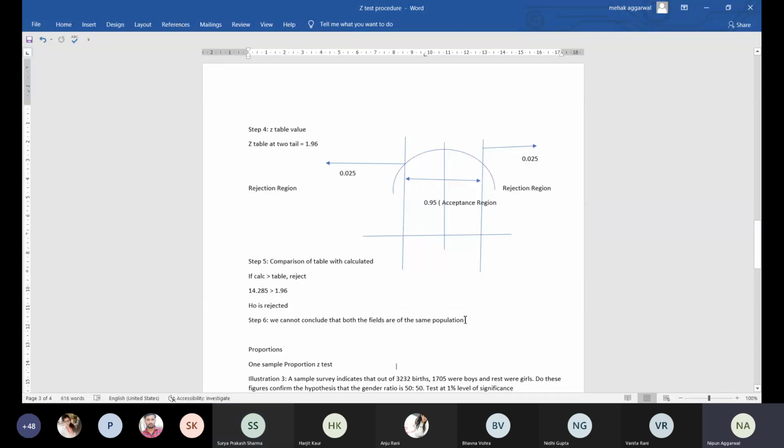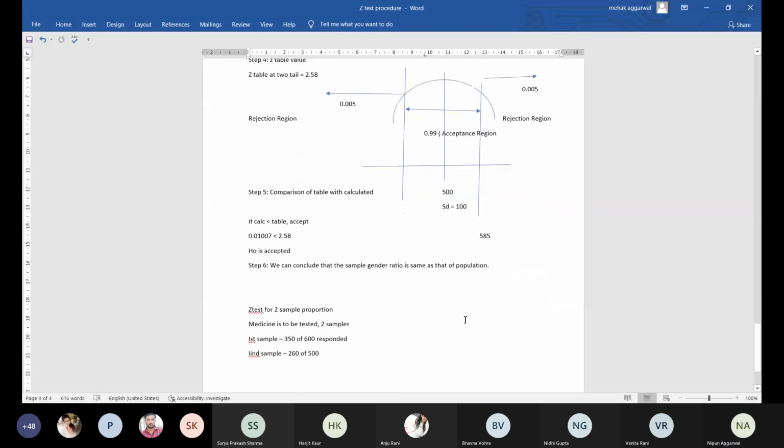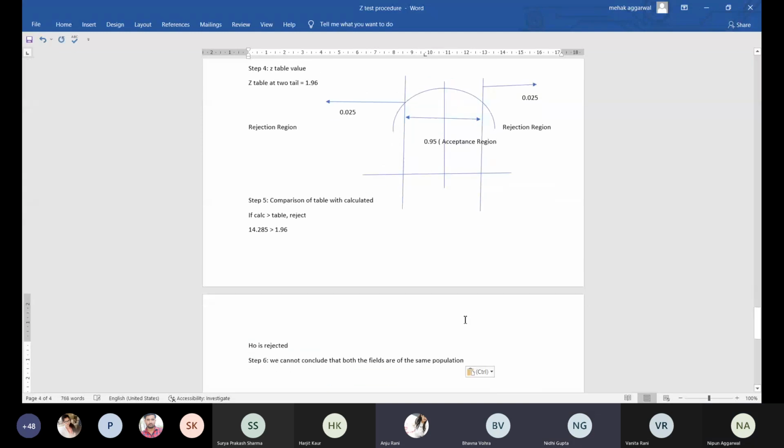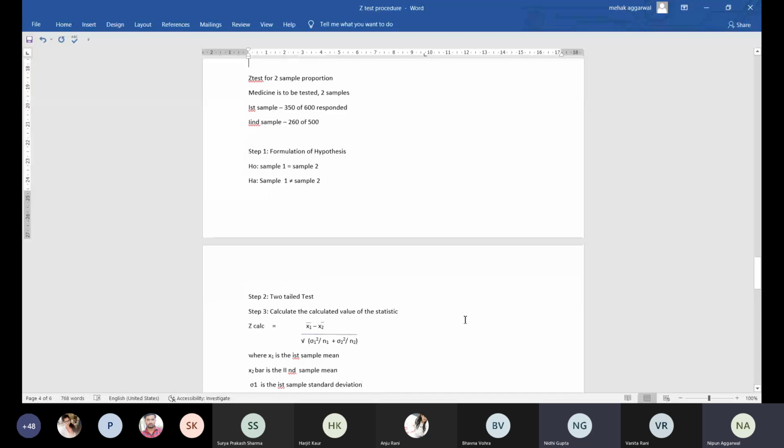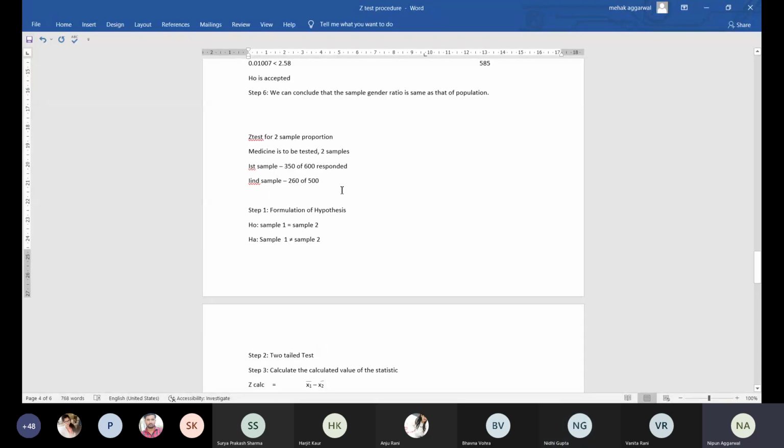But the thing is, what is this case? If it is a case of Z test, T test, quantity given, two proportions. So it's a case of Z test and two sample proportion. The question says a medicine is to be tested on 2 samples. So 2 is the case, so that is not a case of ANOVA, because only 2 samples are involved. So that is a case of a Z test or T test. Then, as the sample size is greater than 30 in both cases, 600 and 500, so that's why it is a case of your Z test.